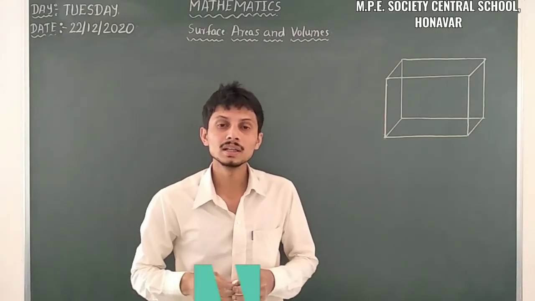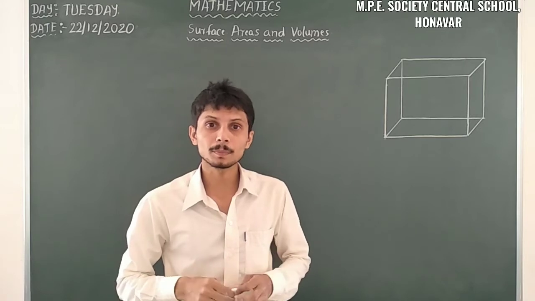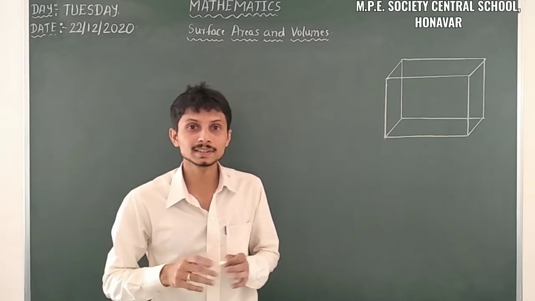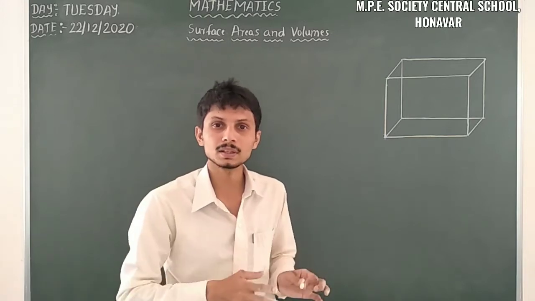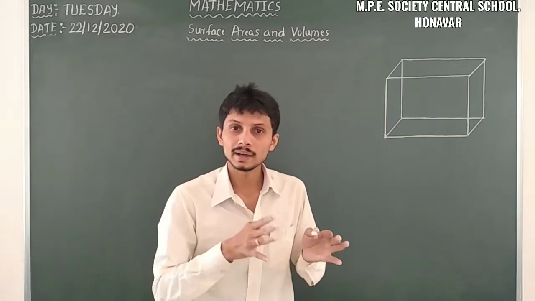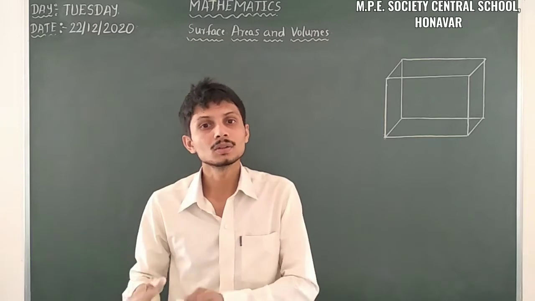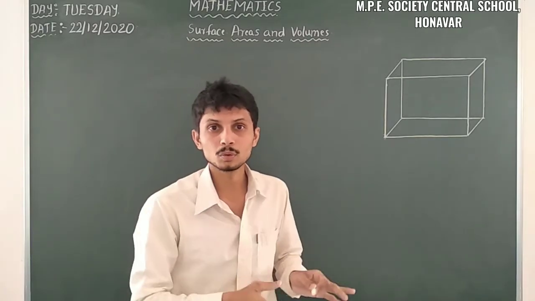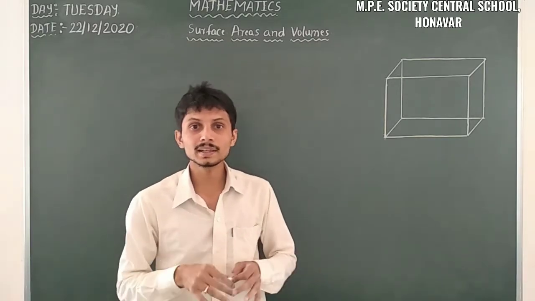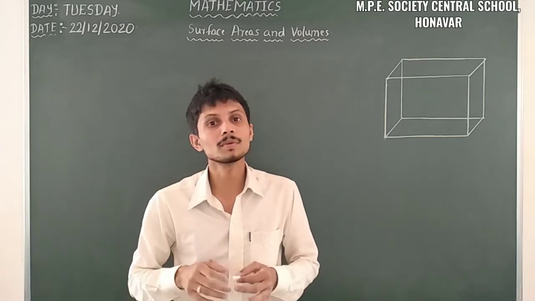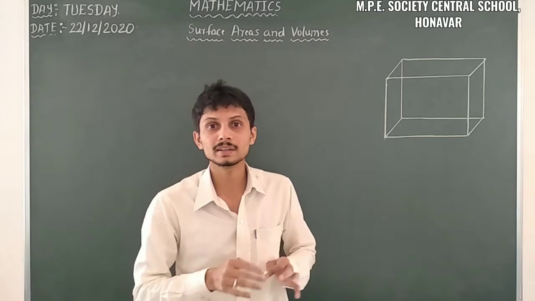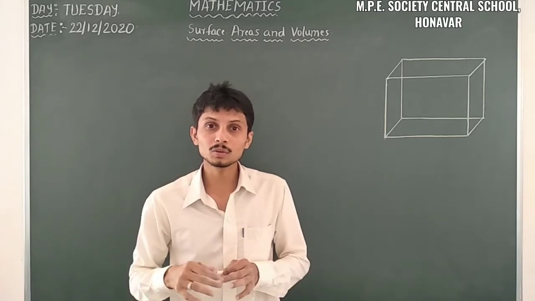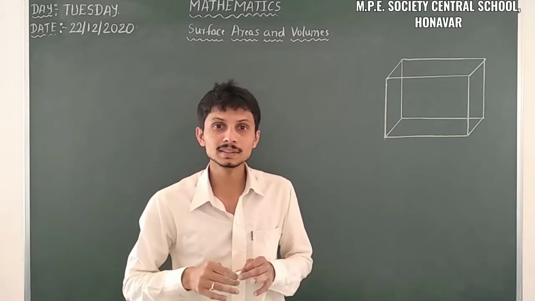I am from Mannavara. So last class we were discussing a topic from 9th standard, that is surface areas and volumes. In surface areas and volumes we already discussed the surface area of a cube and cuboid, and the lateral surface area and total surface area of a cube and cuboid. In that we also discussed some problems based on lateral surface area, total surface area and cost related problems. So here we have to move on to the next type of problem.